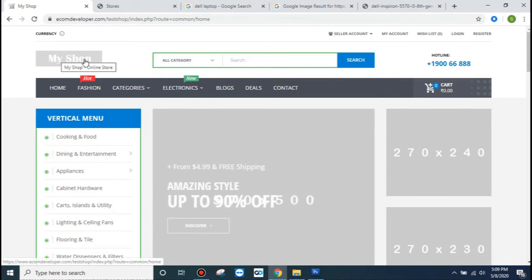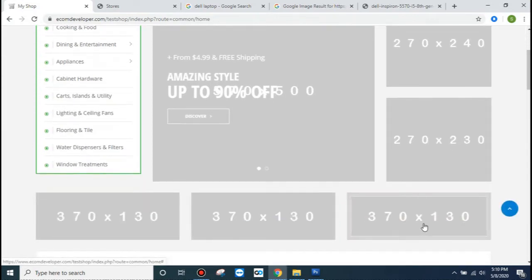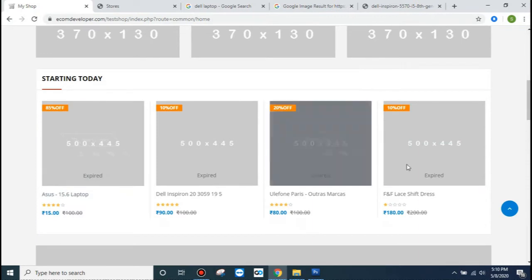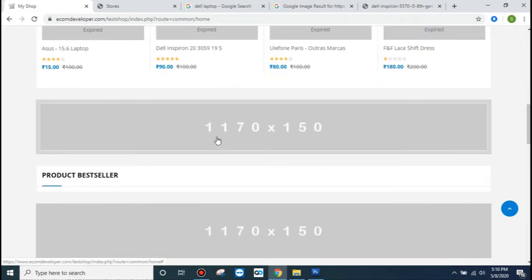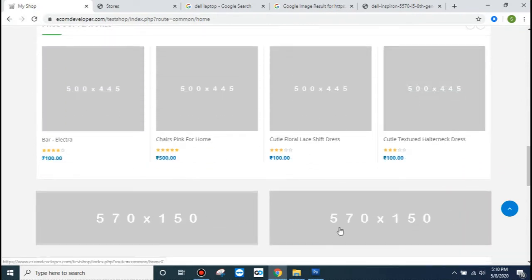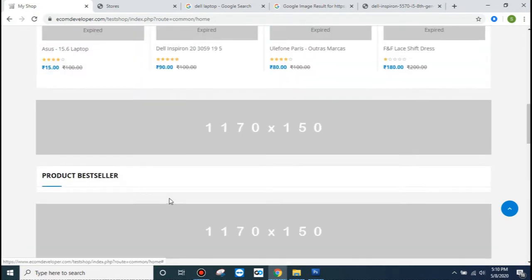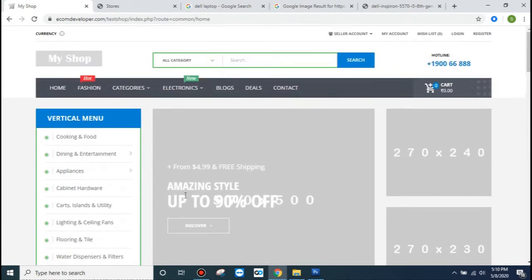Normally, what you get from us, I mean developed by us, you will see the logo portion is here, sliders are here, there are a few banners, these are the banners, and again these are the products. This is a banner, again a banner, and these are a few products, and again a few banners. And these are the small icon images. So basically you need to get all the images at your end, and you can use software like Photoshop, draw your images there, and after that you can upload them from your admin panel.